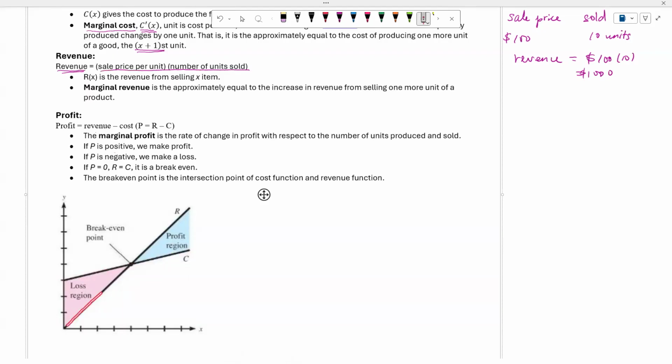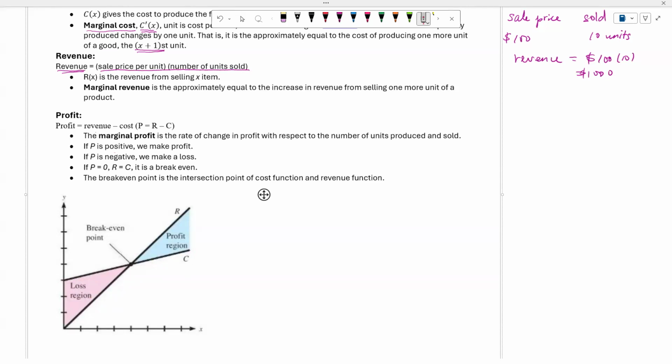And then this line right here is the revenue now, because again, if you didn't do anything, then your revenue must be 0. And then when you sell more products, then your revenue will increase. If your revenue is more than the cost, then of course you make a profit. If your cost is more than your revenue, then you will make a loss. If you have the revenue minus cost, you will get a negative number, right? So that's why you lost.